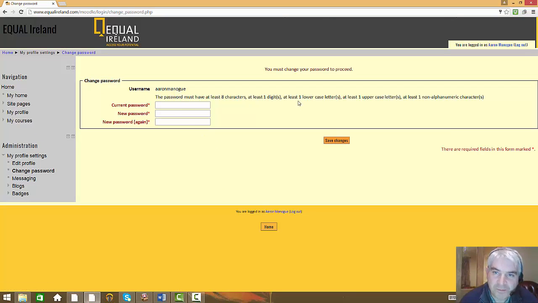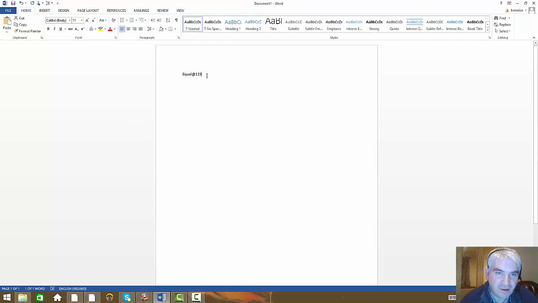Okay, now it will always ask you, the first time you log on, or it should always ask you to reset your password, because obviously you don't want to have the default password as your password. So your current password, we just copy it in. Your new password, I'm just going to make it simple. I'm just going to add equal at 1234. Now again, you can't see it, so to be sure that you're typing the right thing, I would always recommend you